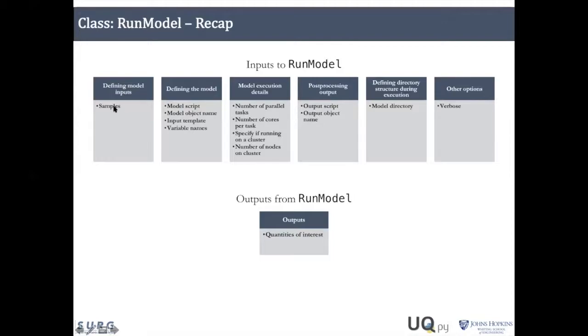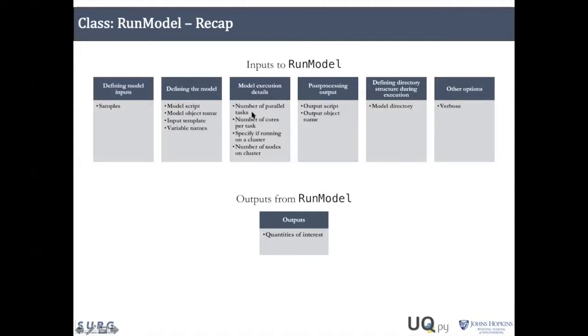So these are required. Samples is a required input, model script is a required input. And we also have to specify an input template if we are using third-party software. And variable names is also an optional input. So these 4 inputs define the model,